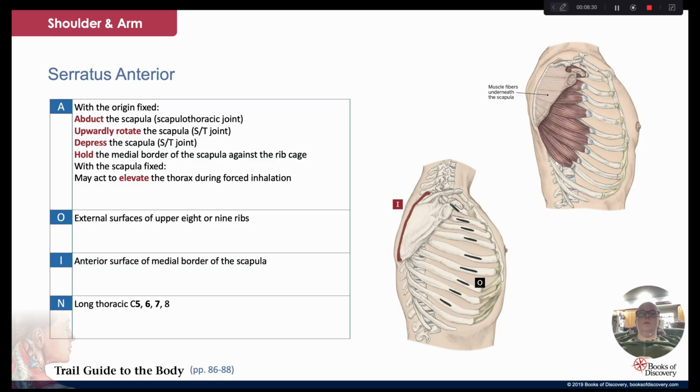So this muscle originates on your upper 8 or 9 ribs. So all these ribs, it kind of starts there, and then those fingers kind of branch off and run underneath the scapula, right? You'll see this picture here. They go underneath and connect on that border. So here's your scapula, the back of it. You have your serratus coming this way underneath, making friends with your subscap under here, and then coming around and connecting to that medial border. All right, so